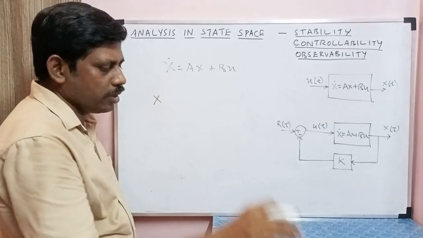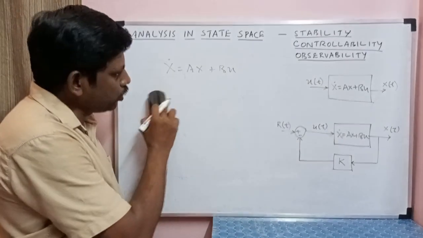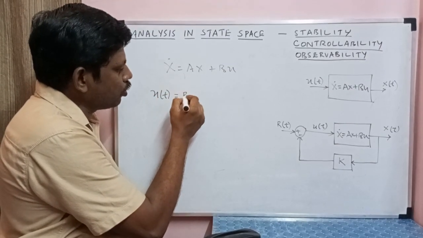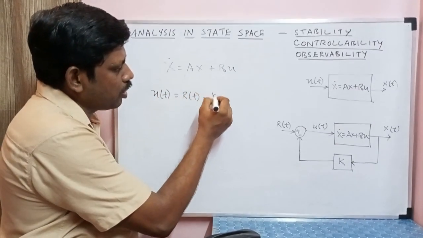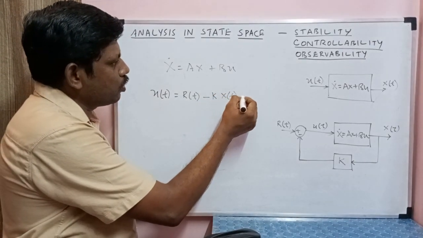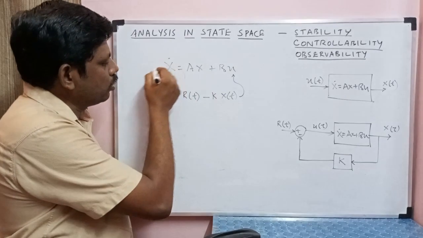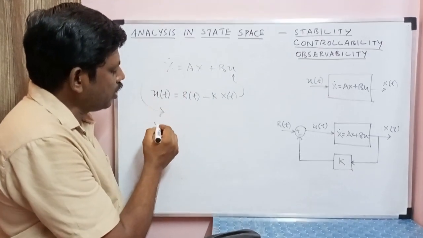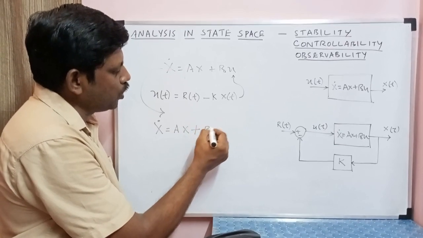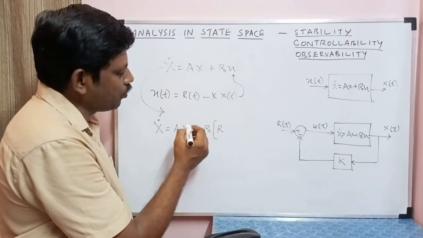So the input here is u of t equal to r of t minus K into x of t. If I substitute this, it becomes x dot equal to Ax plus B into